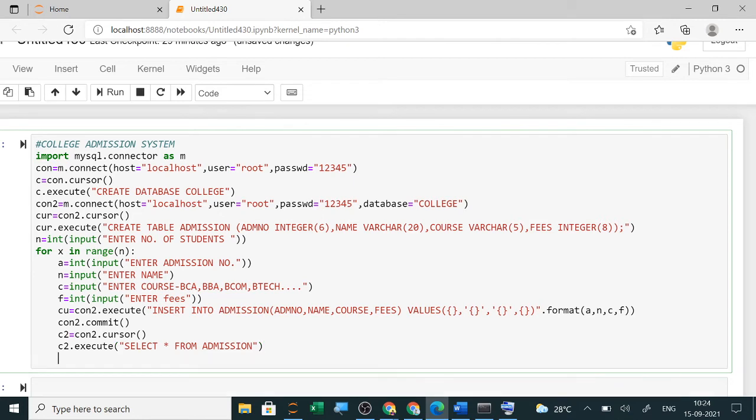We will save all the rows in R. Suppose I am using R equals to C2 dot fetch all, so that it saves everything in R.